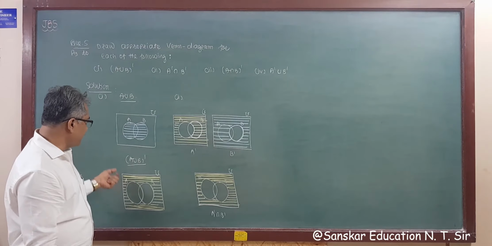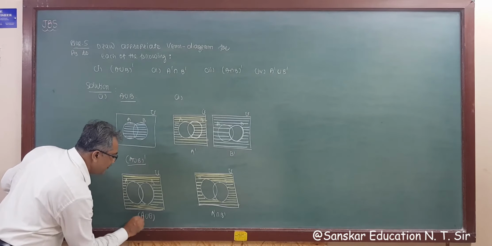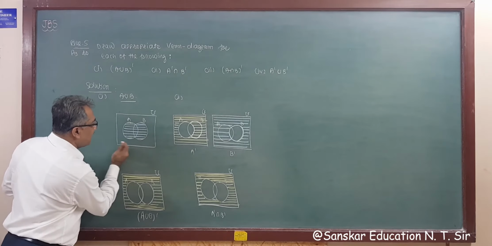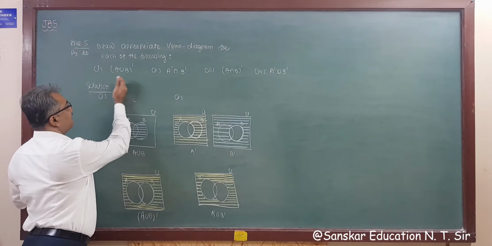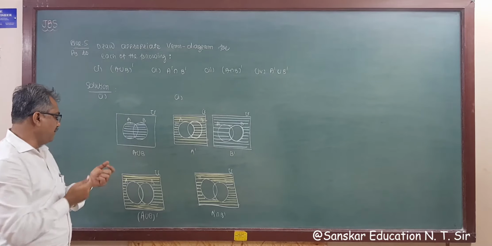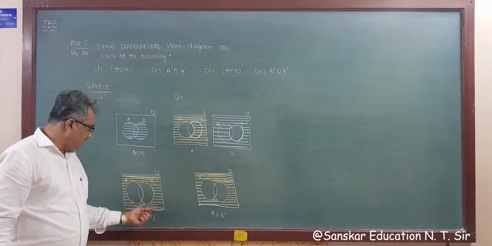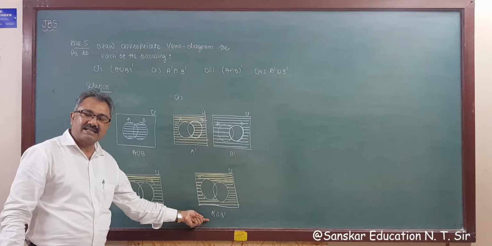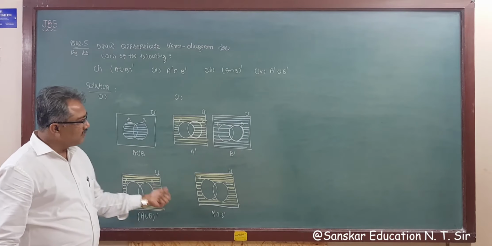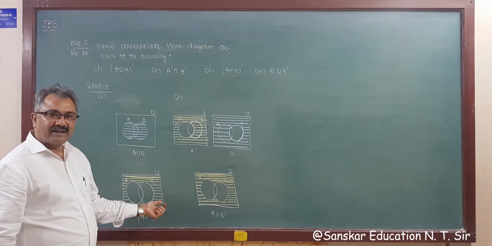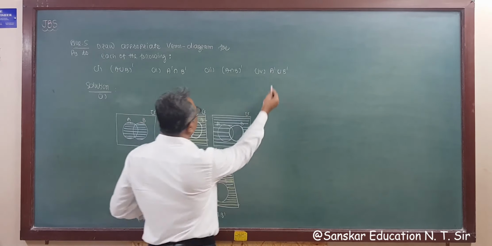Now compare. This is (A ∪ B)', and this is our A ∪ B. This is the Venn diagram for A ∪ B. So now check, this is De Morgan's law verified by Venn diagram. (A ∪ B)' is equal to A' ∩ B', which is De Morgan's law. So De Morgan's first law is verified by Venn diagrams. Okay, so now the third one.